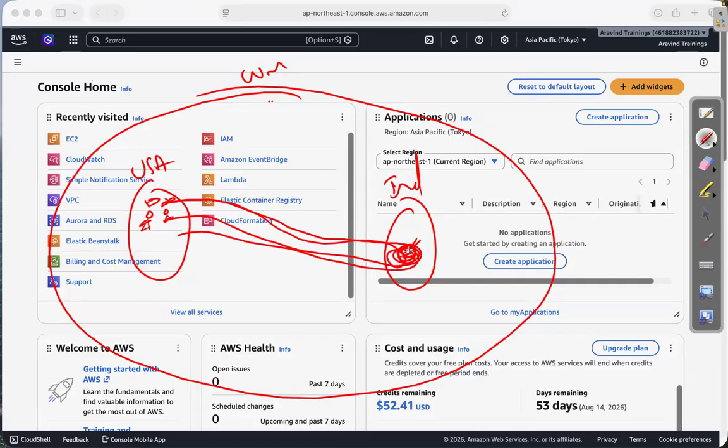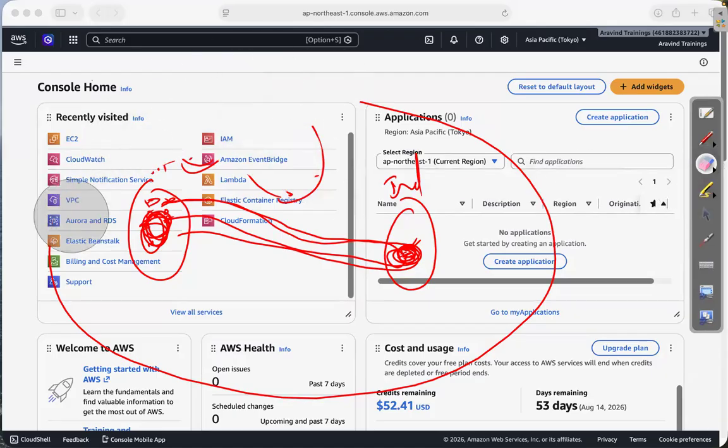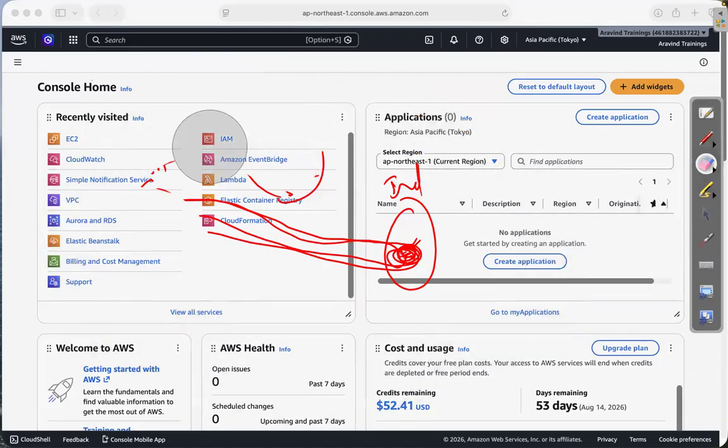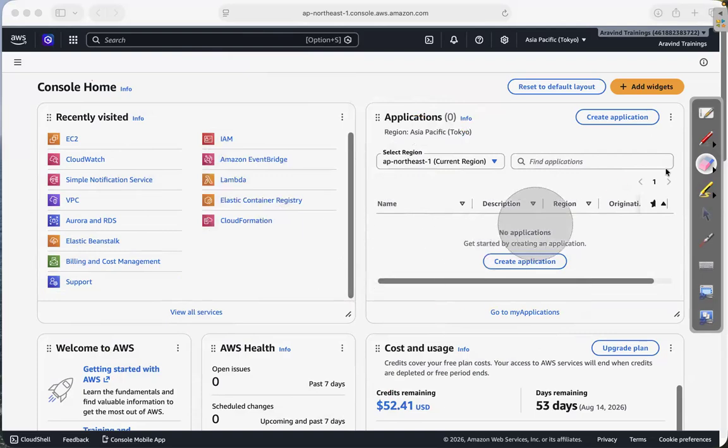Normally, if you host the application in North Virginia itself, then from here to here only, the loading might take 1 millisecond or 5 milliseconds to load the page. But here, it might take 1 second or 2 seconds or 3 seconds. It depends. So this is called latency issues. We shouldn't have any latency issues for our applications. So let me show one example.